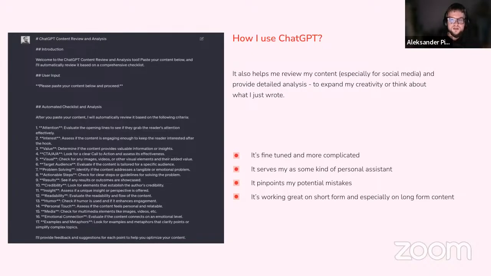Next is my prompt template to review my content, especially the one that I do for social media, and provide me a detailed analysis to expand my creativity or think about what I just wrote. It's fine-tuned by me and more complicated. It serves me as some kind of personal assistant. It pinpoints my potential mistakes, which is very important for me, and is working great on short-form and especially on long-form content. As you can see, this is the ChatGPT content review and analysis tool, as I named it, and it has an automated checklist